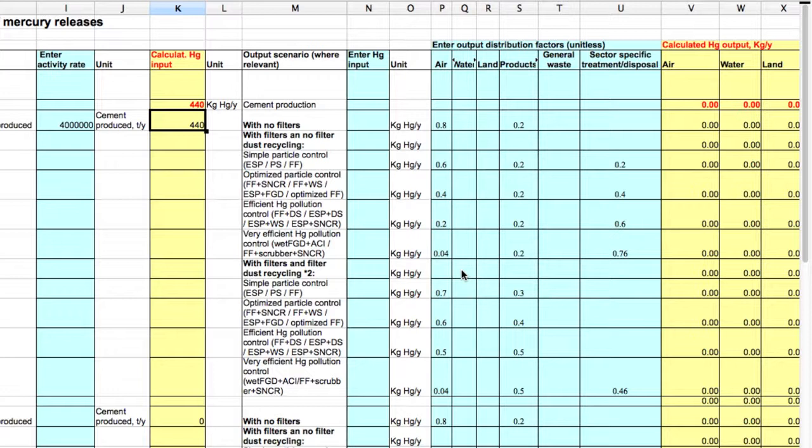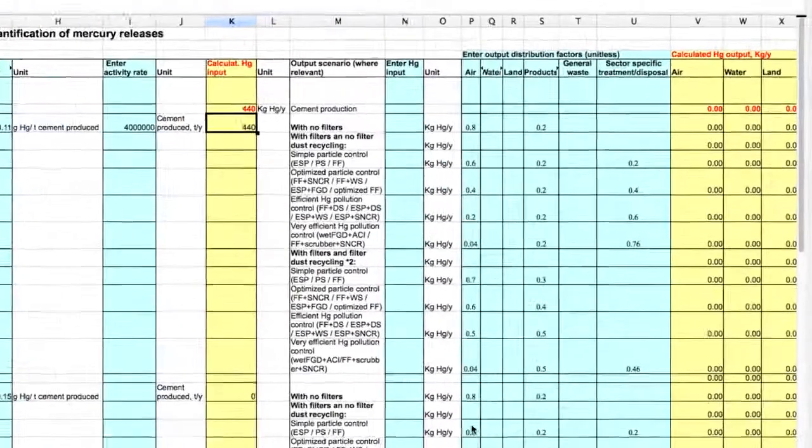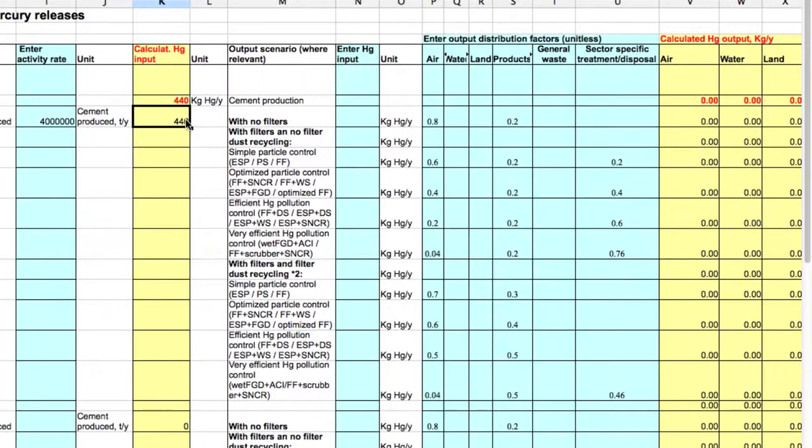This is also reported in National Natural Resources Statistics. In addition to the default input factors, your spreadsheet also includes default output distribution factors for the different output pathways. You can also change these default factors if you wish, but make sure you have reliable and well-documented data to do that. When you insert your calculated mercury input value in this column, saying enter mercury input, the